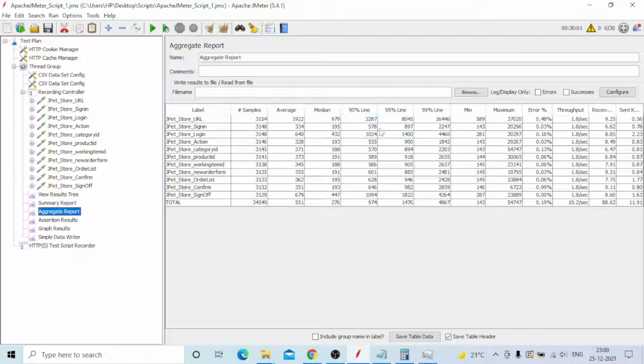That is the 90 percentile, and 95 percentile and 99 percentile are the same.